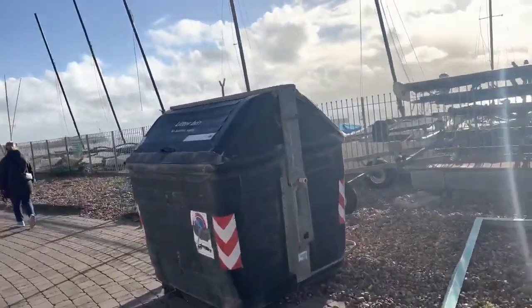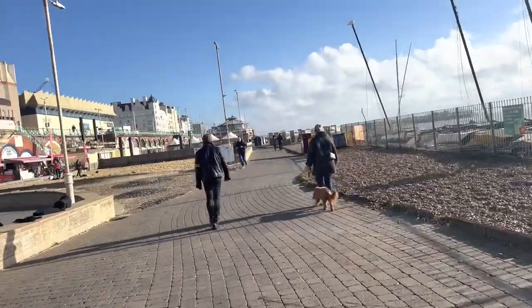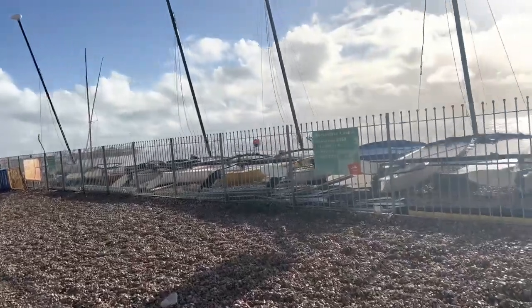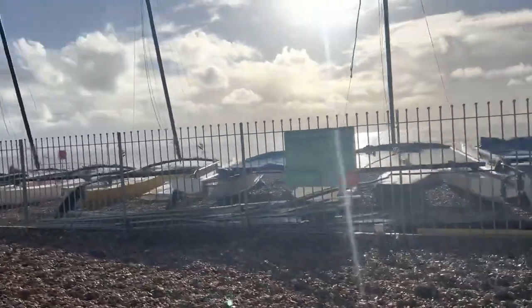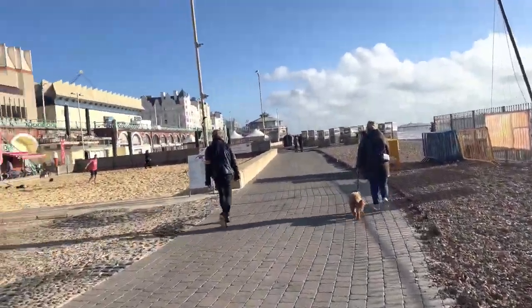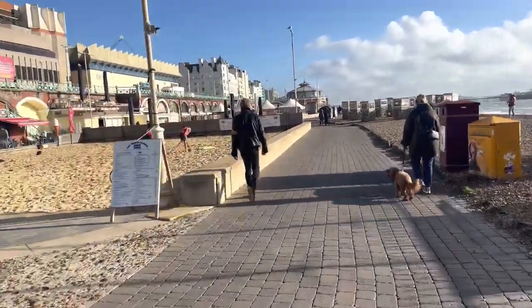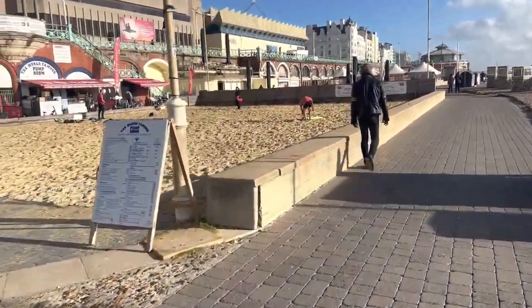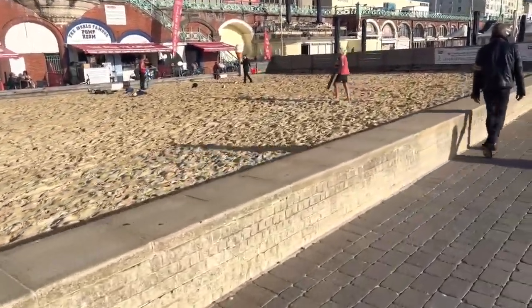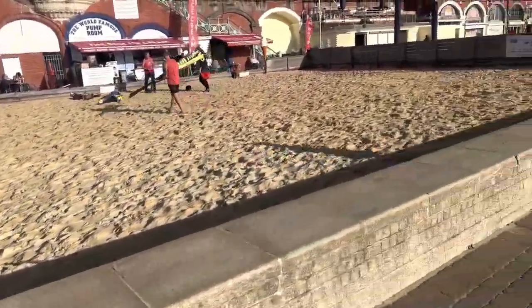See, huge bins, no excuses people. Find a bin in Brighton, defy you not to. £150 fine if you're caught littering. Should be more than that really, because you really do not have an excuse here. Nice artificial sandy beach. I'm not sure if that's for kids to play in summer or volleyball or what, but